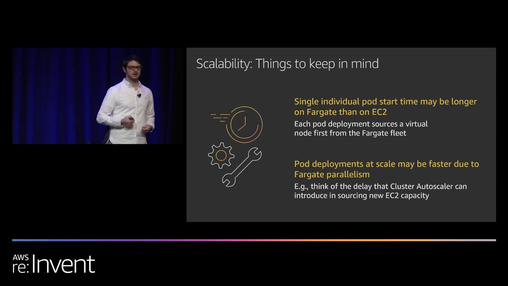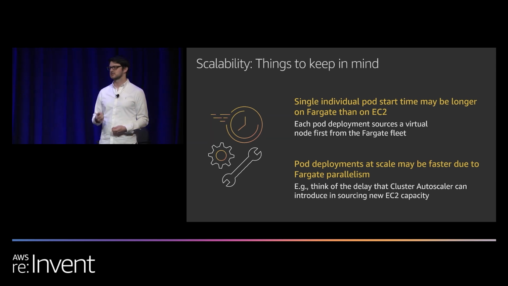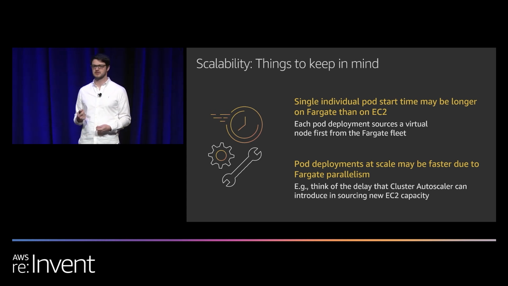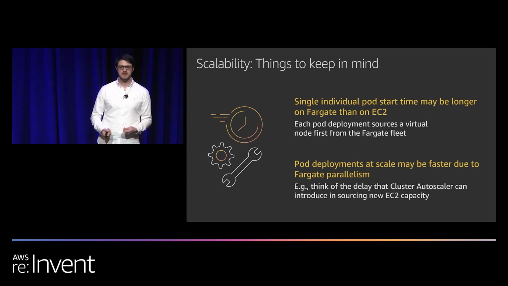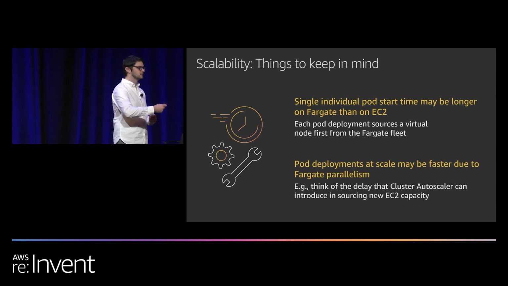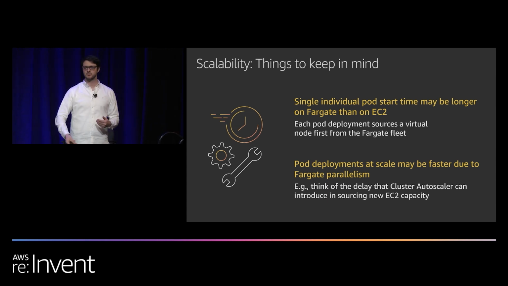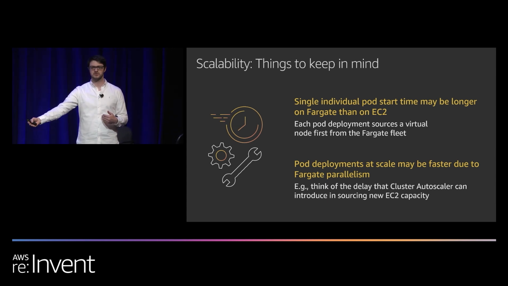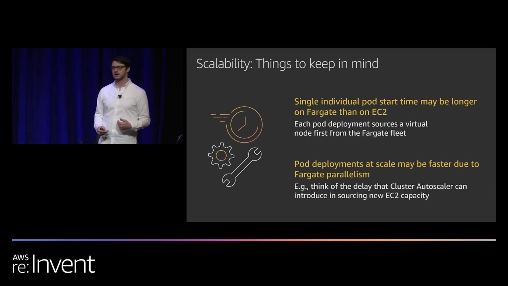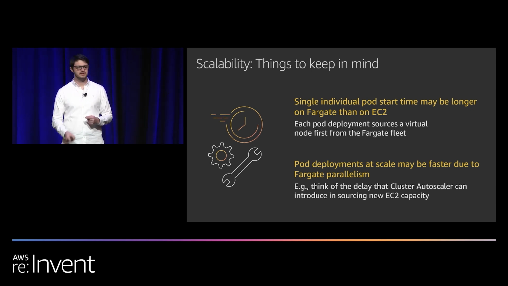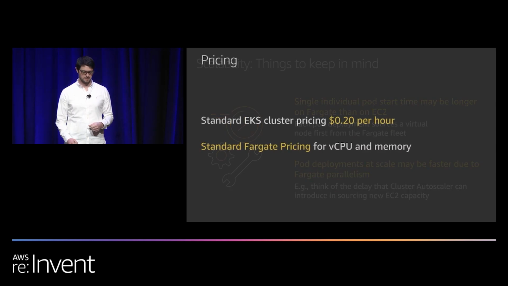But if you're trying to run in a cost-optimized scenario, where you're trying to get a little bit better than 25% utilization out of the money that you're paying AWS every single month, then you're probably going to want to run fewer virtual machines and pack them a little tighter, meaning that when you scale, you actually have to start new virtual machines. In those scenarios where you're scaling out to run more pods, you have to start virtual machines first. Fargate's going to be significantly faster, usually about half the time or less to start a new pod. So there are two ways to look at that, and it's an interesting consideration when you think about what you're running and how you're scaling.